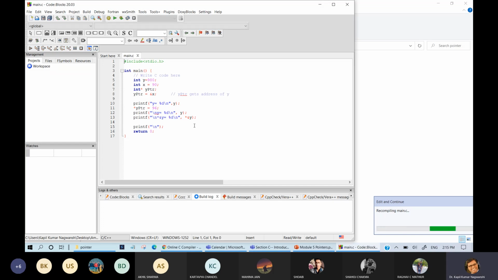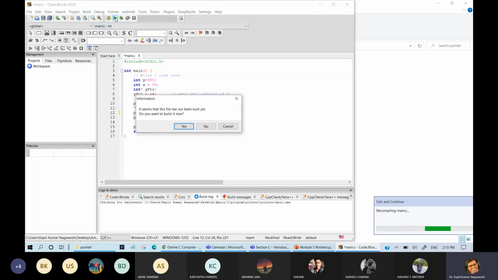Fine. Now what happened? I had written the address of here. I need to print actually X. Because X is 90 initially, now the value of X will be 96 here if I am running this program.